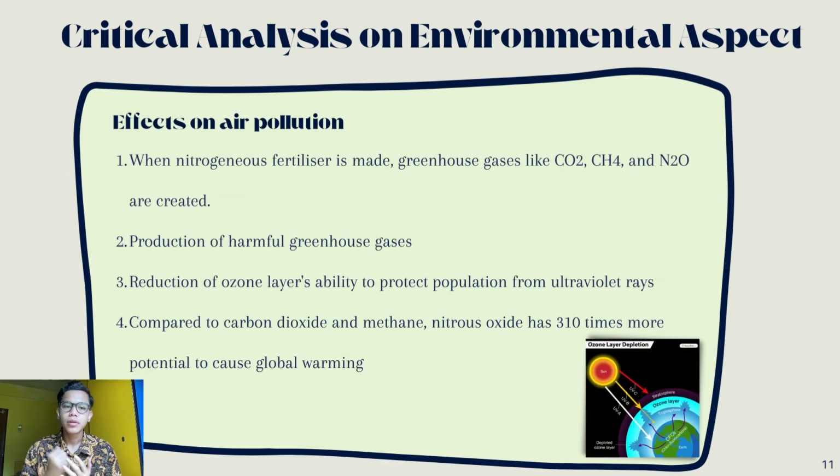Besides water pollution, irrational usage of fertilizer in the agricultural industry also has severe impacts on air pollution. First of all, when nitrogenous fertilizer itself is made, greenhouse gases like CO2, CH4, and N2O are created. It therefore produces harmful greenhouse gases that reduce the ozone layer's ability to protect the population from ultraviolet rays. And when compared to carbon dioxide and methane, nitrous oxide itself has 310 times more potential to cause global